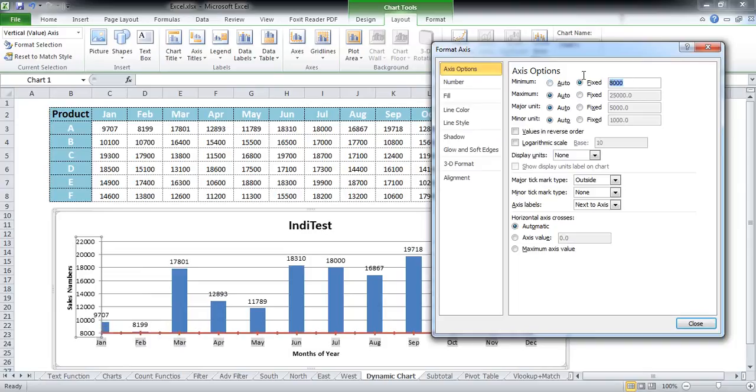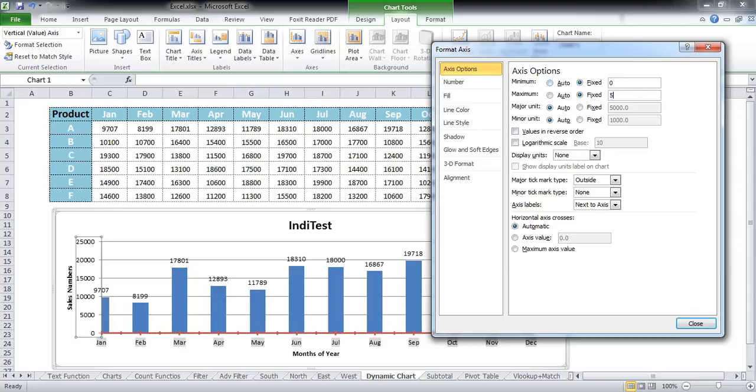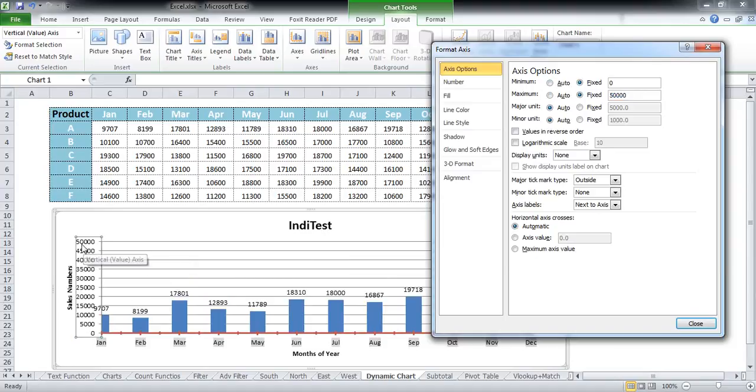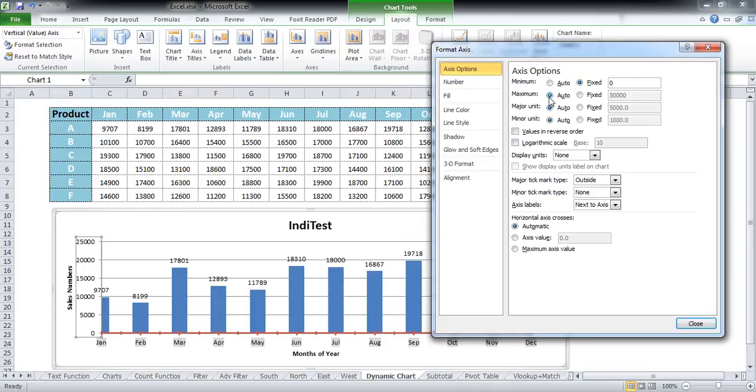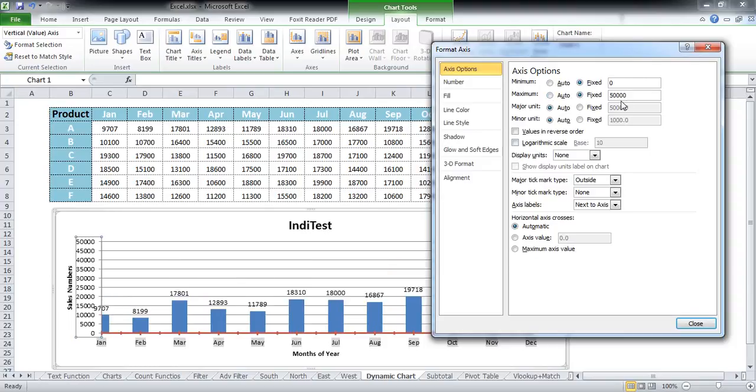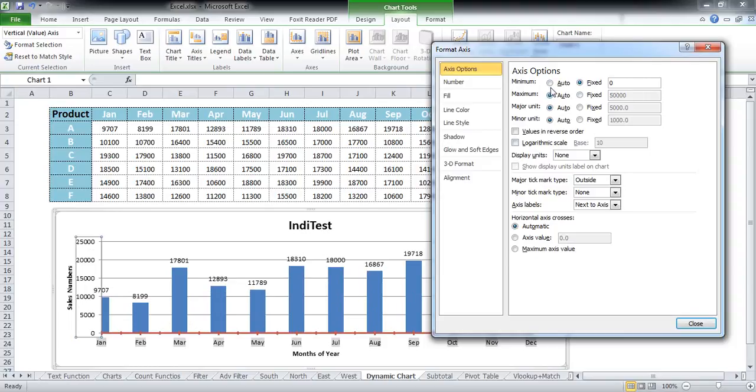And just like this, we can even go ahead and modify the maximum values also. What if I wanted the maximum value to be fixed at 50,000? So there you go. Now my vertical axis has a maximum value of 50,000, and the chart would be adjusted accordingly. In the Auto mode, you can see the whole thing was capped at 25,000 in accordance with the type of values that were in it, but we modified it to 50,000. But like I said, it's always best to keep it in the Auto mode.